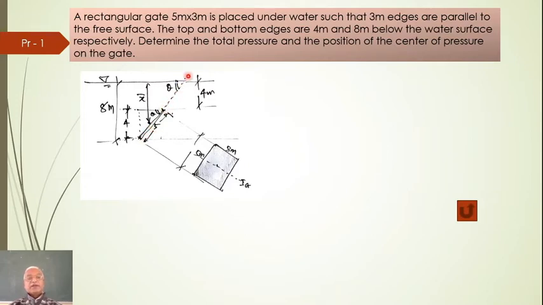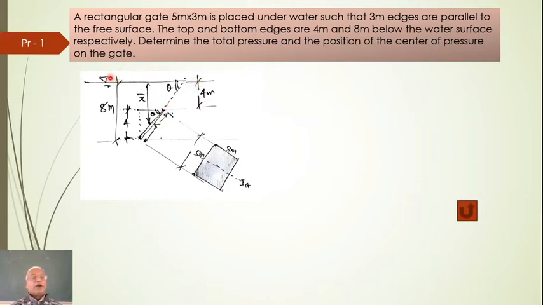Now this is inclined at some angle theta, but the information given is the upper edge is 4 meters below, the lower edge is 8 meters below, and the length is 5 meters. Because of that it will be inclined. Otherwise if it were vertical, the upper edge is 4 meter, the lower edge would have been 9 meters. 8 meters is defined, so to say that it is inclined. So the actual length in the view would be 5 meter this way.